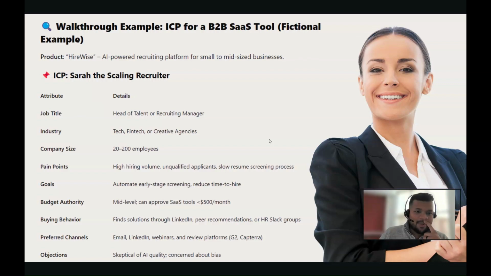Now, the main part is coming to the pain points. First, this person who will look for a solution like this has to be hiring for volume. Would you agree with me or not? Now, why is this important? Like hiring for high volume. Recruiters generally get hit by a lot of candidates, and especially if you're managing positions in tech which gets thousands and thousands of applications, you are there as a recruiter, looking at a lot of resumes, and it's painstaking, it's painful, and you are not able to give a lot of attention to each resume.